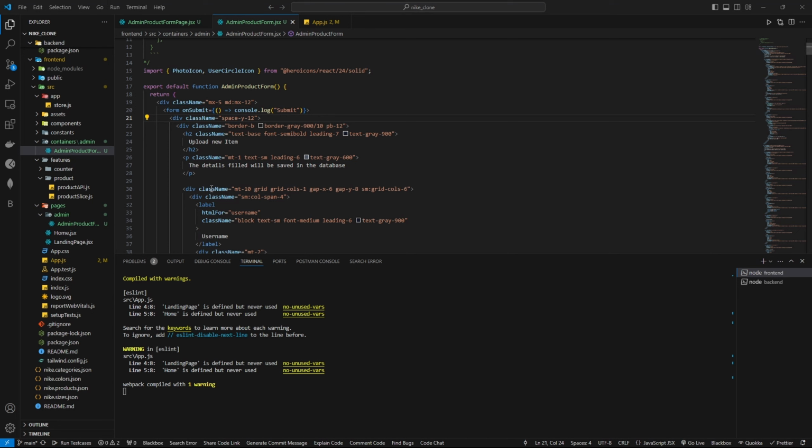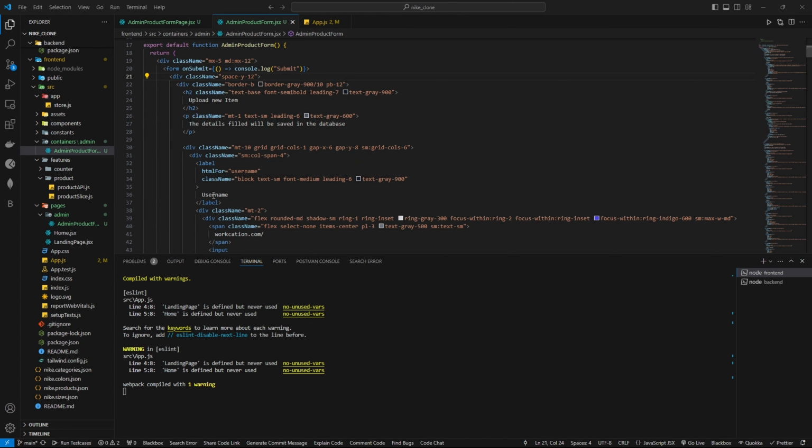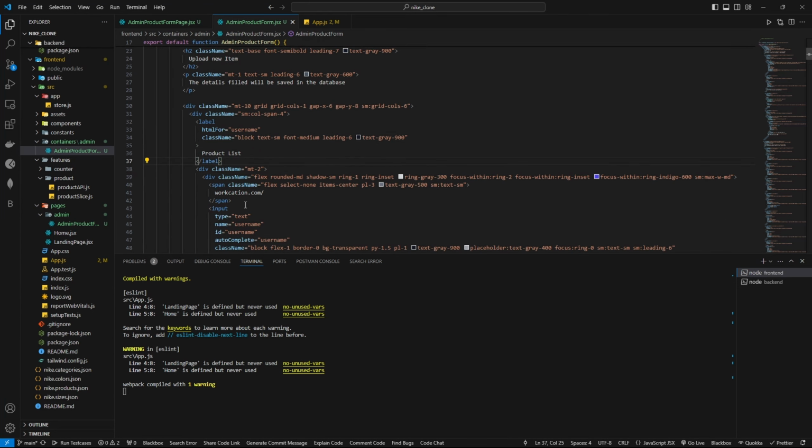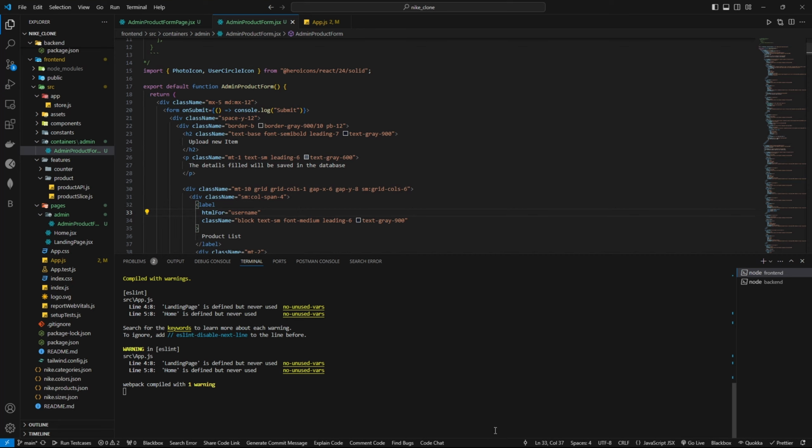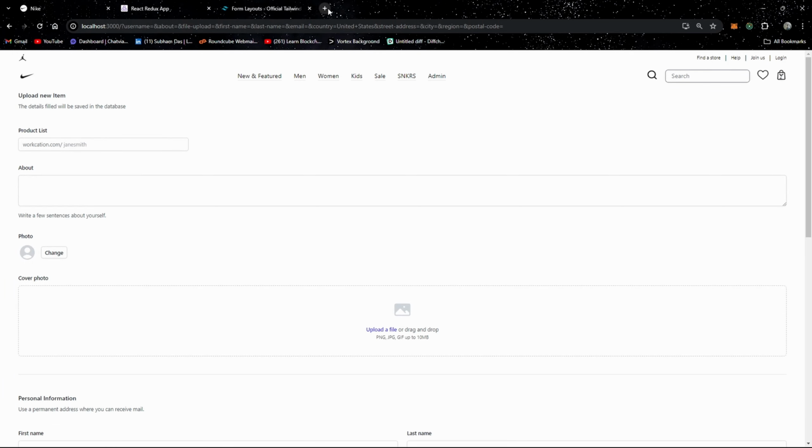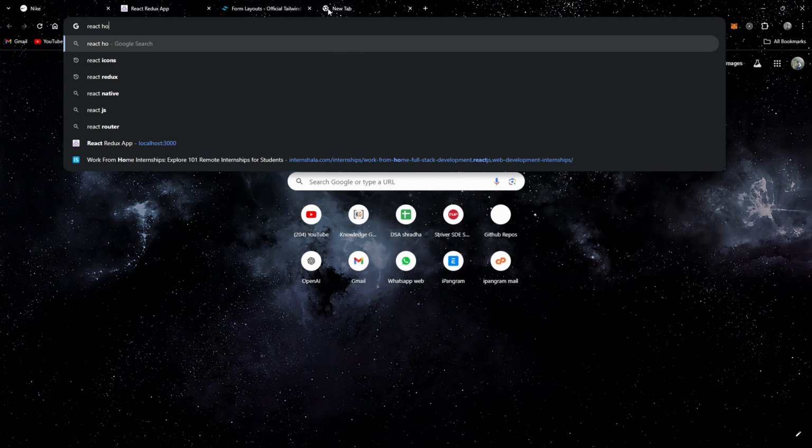So here after the details, we need the label for not the username, the product list. So product list, and in here I want to change the label a bit. For HTML4 will be username. Okay, that's fine. And also if we go into the documentation of React hook form